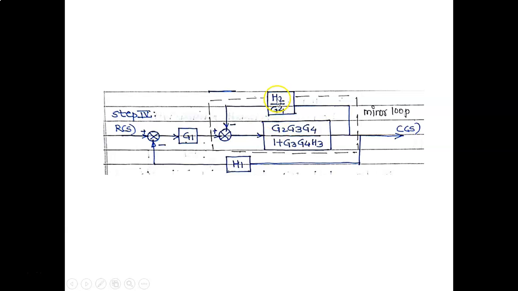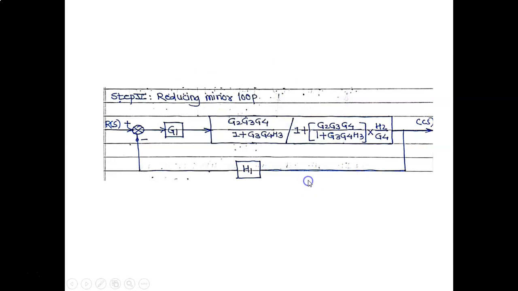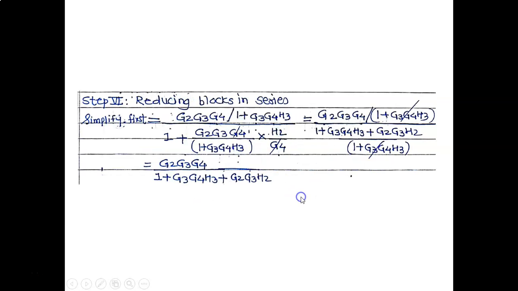Now this block and H2 upon G4, this block along with this sum point, they are forming minor feedback loop. Therefore we will solve this minor feedback loop. G2 G3 G4 divided by 1 plus G3 G4 H3 divided by 1 plus G2 G3 G4 divided by 1 plus G3 G4 H3 into H2 upon G4. Now this block and this block G1, they are in series, therefore they will get multiplied with each other. Therefore G1, G2, G3,